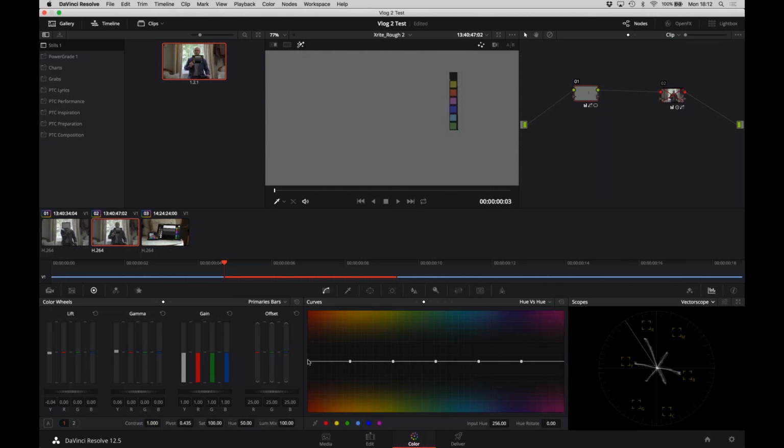And what will happen, and I'll see if I can get it to happen now, is as I start to move this around, let's get that magenta out there. As I start to move this around, particularly as I am in saturation, I'm trying to force color information into areas where there isn't color information. So the red's not too bad, but if I take something like green here, to add enough saturation into this to actually get it in the right place, what you'll notice, it might be hard to see on this webinar,